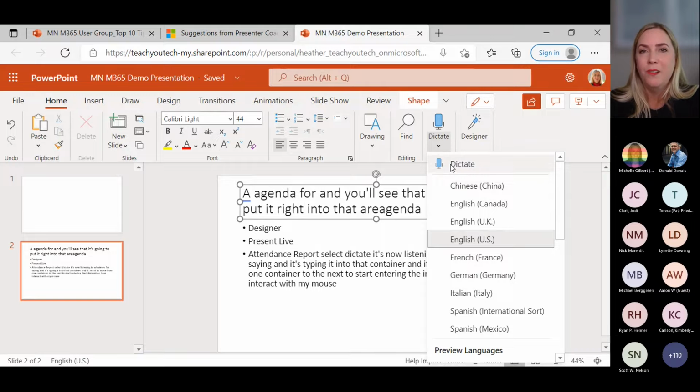So in Word, in Outlook, in PowerPoint, whatever it is you might be working on in Teams, right? We might be working on these things within a team channel. You can use this tool to maybe be a little quicker, or just to be able to get that creative process going a little bit more than if we were typing on the keyboard.